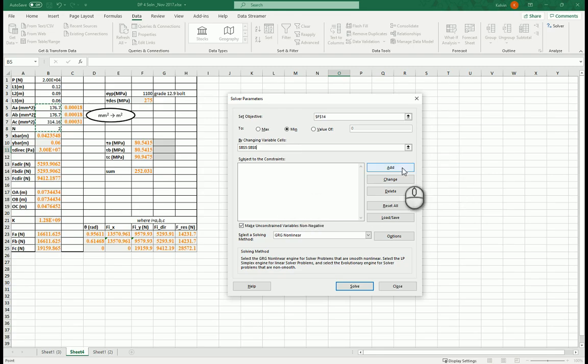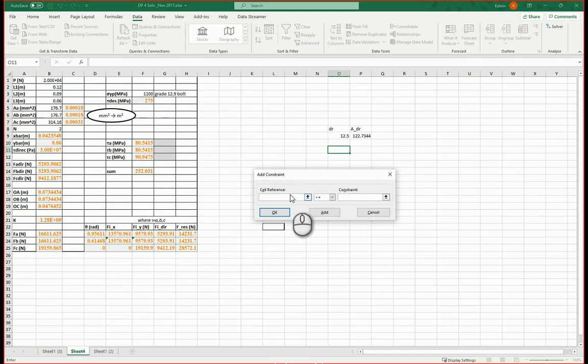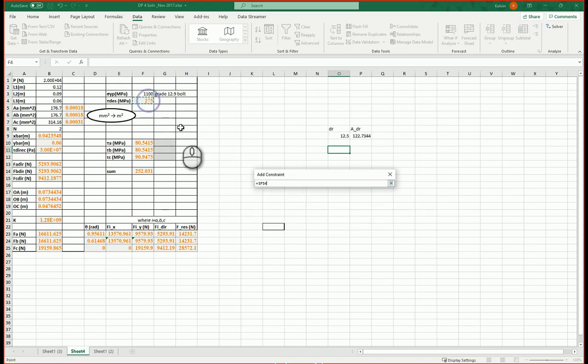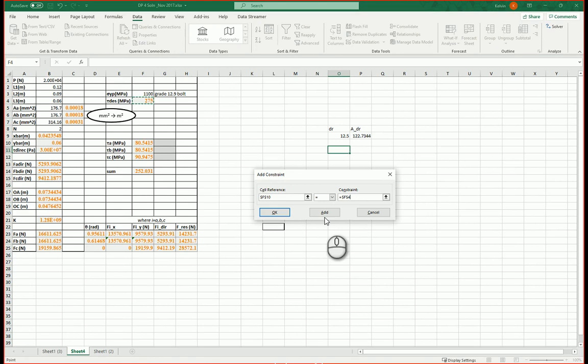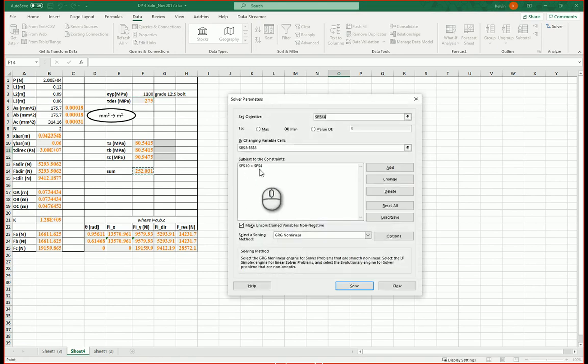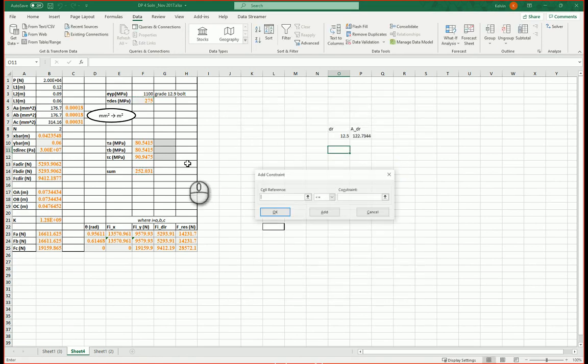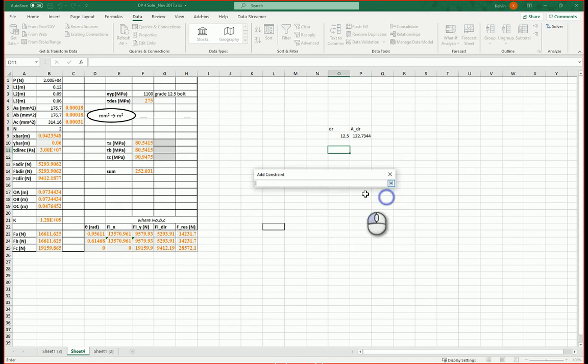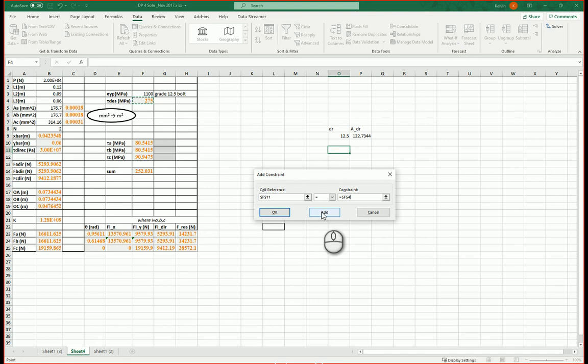So under constraints, we click add. For the cell reference, we say tau A, shear stress in A. We want this to be equal to our constraint, and our constraint is our tau design. Enter. So okay, now we have that constraint there. We could add another one. So cell reference B should be equal to tau design. And then we could add our next one. Let's go to the next one, C equal to